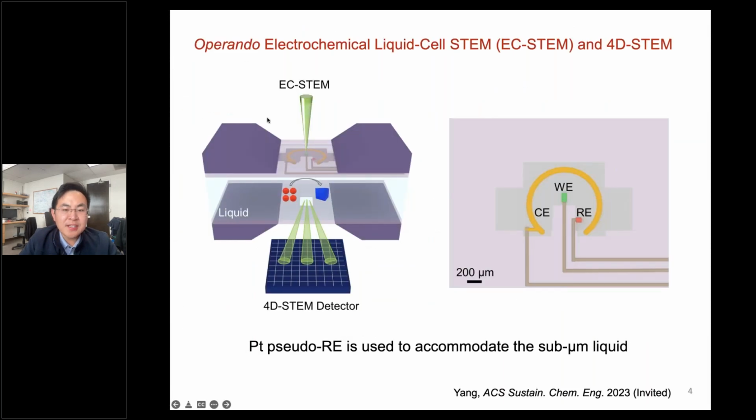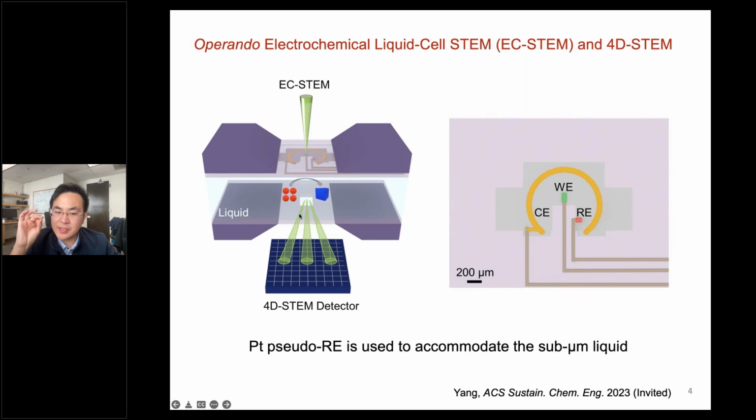With that, I would like to get into the technique I'm going to introduce today. That is mainly operando electrochemical liquid cell scanning transmission electron microscopy, which I will abbreviate as EC-STEM. In this talk, I will also highlight recent progress in how we incorporate 4D STEM capability in this EC-STEM setup. On the left, you would see